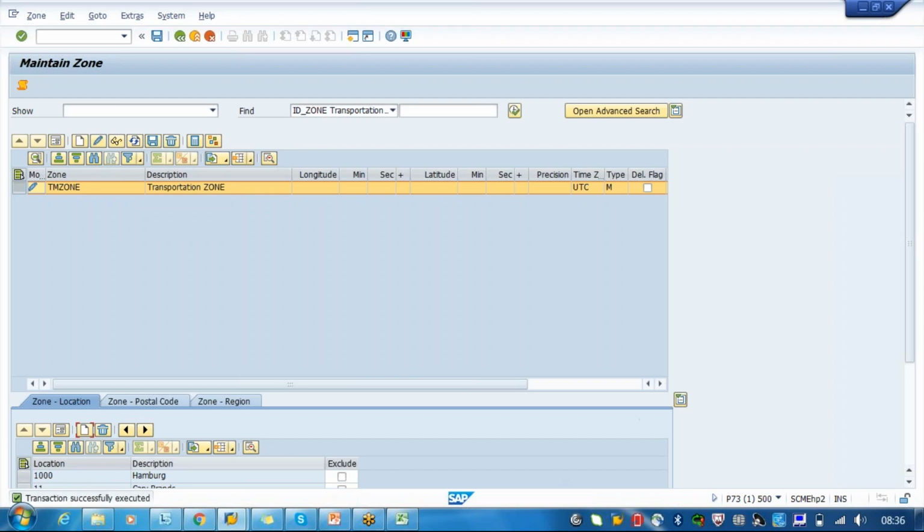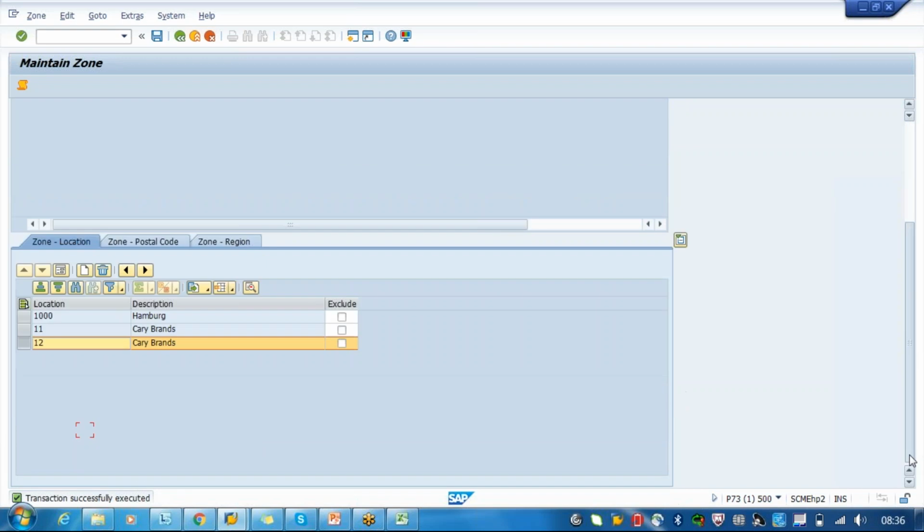So here I have added all the locations. Whatever I want, I can add all the locations here into one zone. So these are all the locations which are falling under this zone.